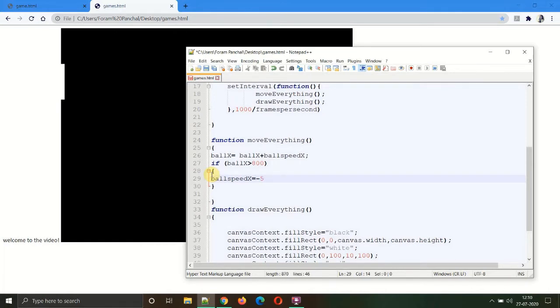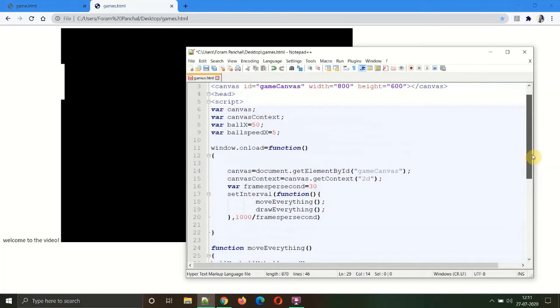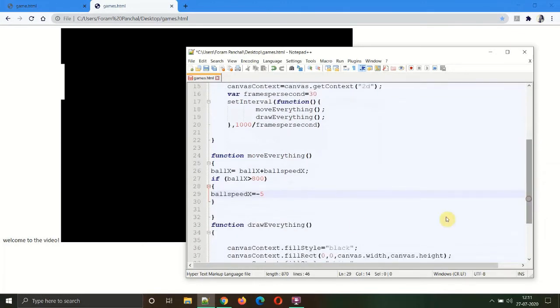Negating something means subtracting from it, so it will return to the left. Up over here we have defined the ball speed as +5 and in the condition we change it to -5. So save and let's view. Okay, so it's moving towards the right, and as soon as it reaches 800, it bounces off.